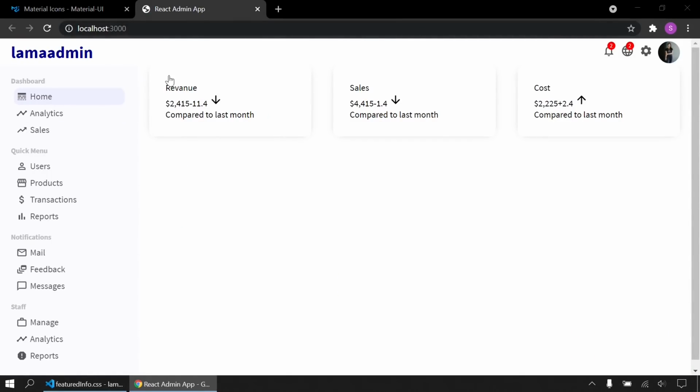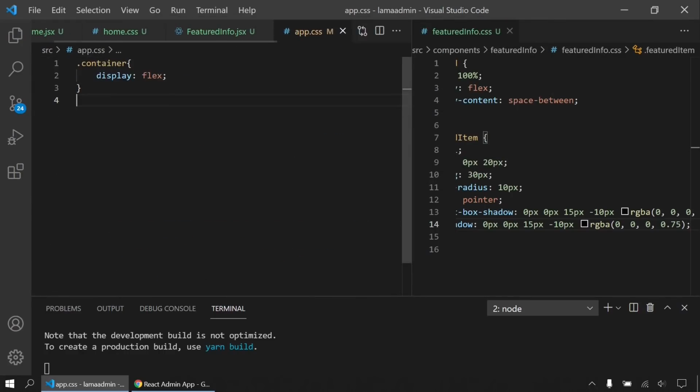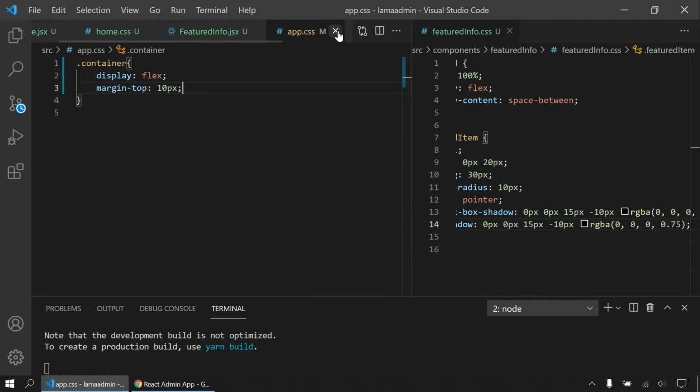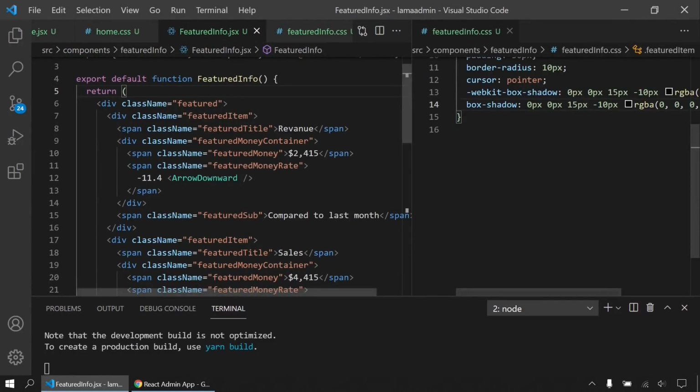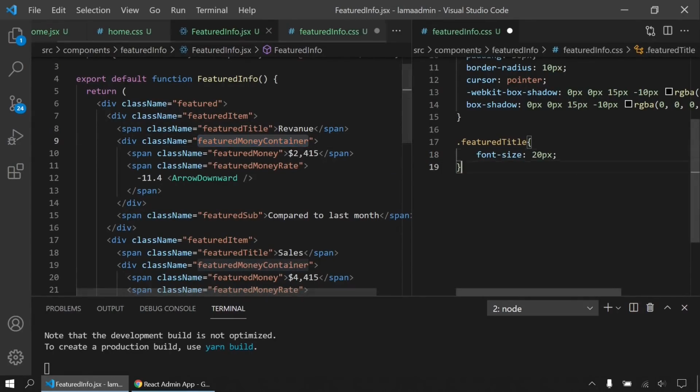By the way, I can give some margin for this container. Let's come here and for app CSS. For this container, I will give margin top 10 pixels. Okay, so much better. So let's take care of inside items. I will close this. And here I will copy this title. And I'm gonna say font size 20 pixels. And for this container,